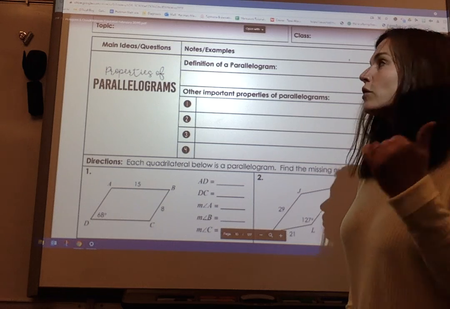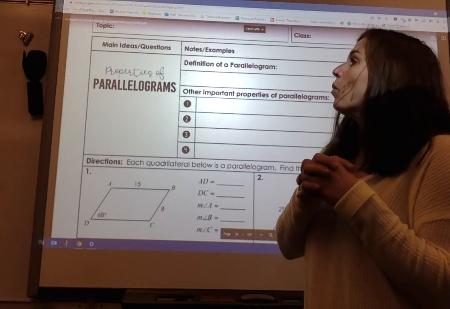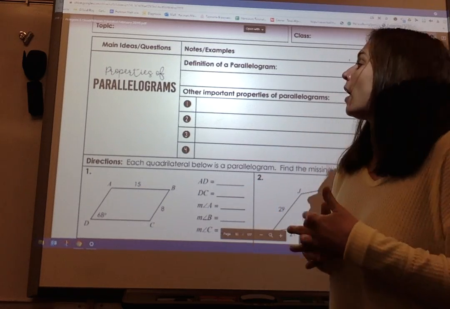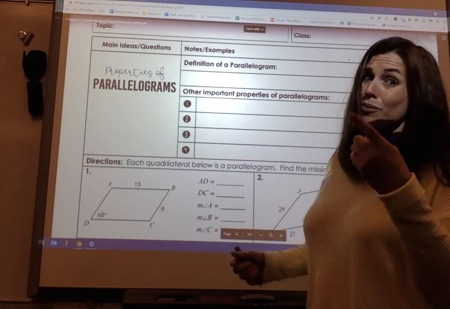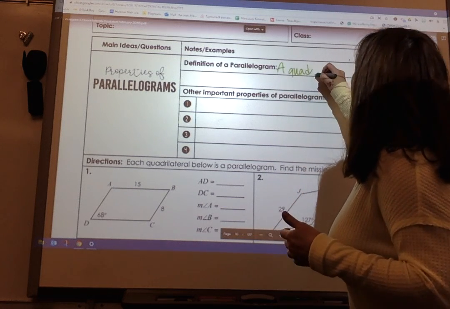We've already looked at a quadrilateral, and we know that a quadrilateral is a four-sided figure. So we're going to talk about a special quadrilateral today, and that's parallelograms. And first we need to define what a parallelogram is. Well, one, we know it's a quadrilateral. So it is a quadrilateral